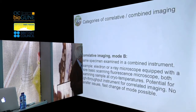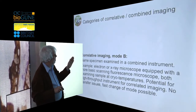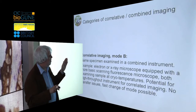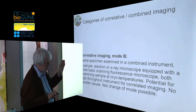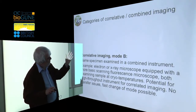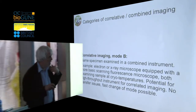The sort of ideal in many ways is to look at the same specimen in the same instrument. But this, again, produces further challenges. So at the moment, nobody has combined a super resolution light microscopy with an X-ray or electron microscope that I'm aware of anyway. But there are